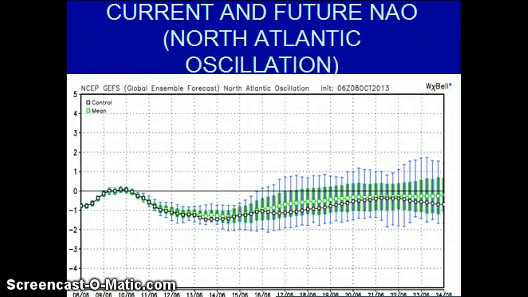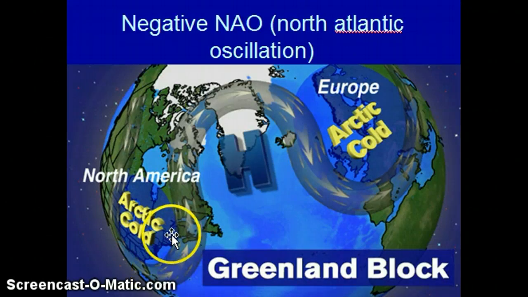Now the NAO right now is slightly negative, but I'm expecting this to go back and forth between positive and negative throughout the winter. But I'm leaning that it's going to stay negative for the majority of the winter. So I'm ruling right now that it's going to be negative NAO. And with that in mind, when it's negative, basically you can get cold air in the eastern United States. This is the main factor in the NAO with the blocking here, which would be good for nor'easters when they come up the east coast, to be able to slow them down and not have them go out to sea.